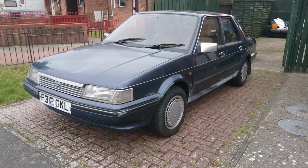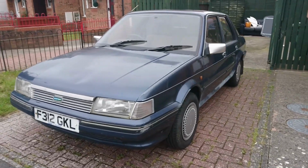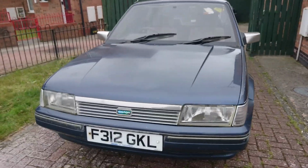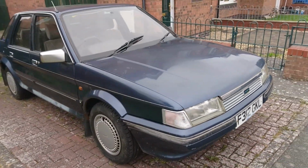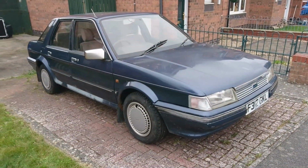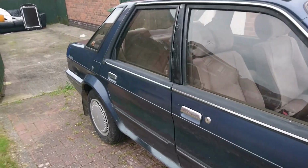Well, viewers, we have another special treat today. This is a 1988 Austin Montego 2.0 EFI Mayfair. Now, some of you might actually recognise this car, and there's a very, very good reason for that,